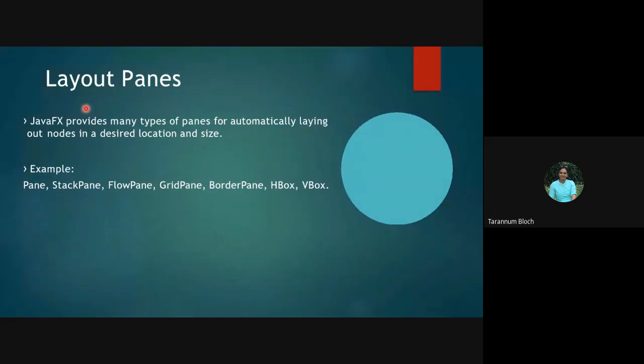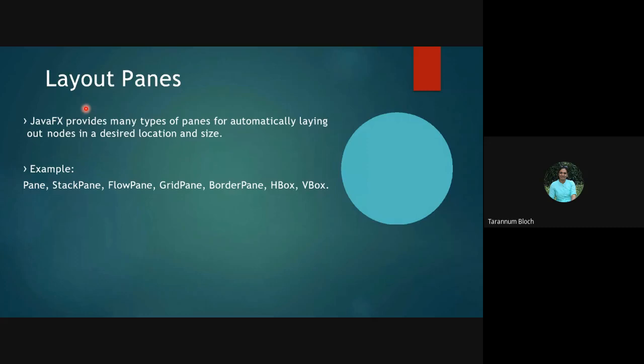It totally depends on your nodes, right? Where you want to put your text, where you want to put a button, how you want the entire thing to be placed on the output window. So based on that, there are various layout panes available. From there, this is the list.